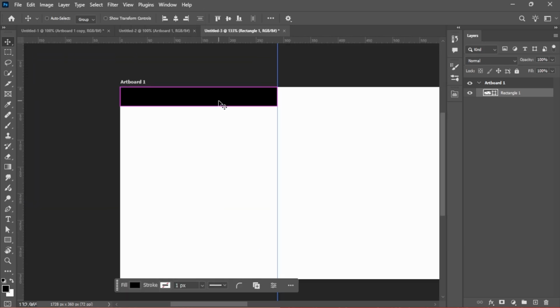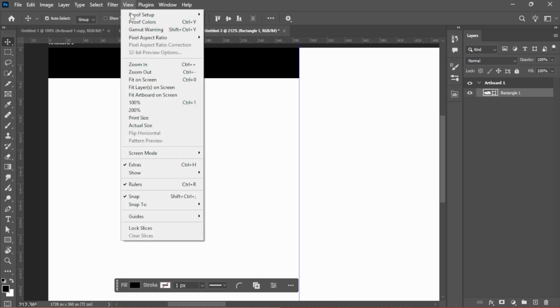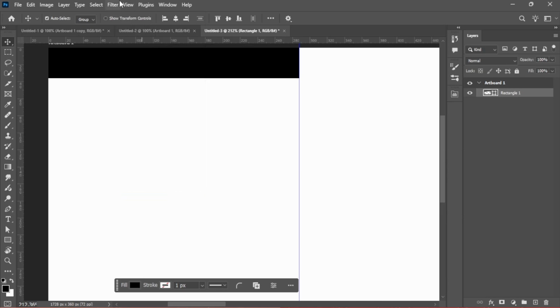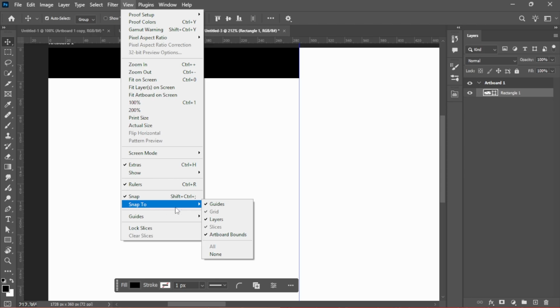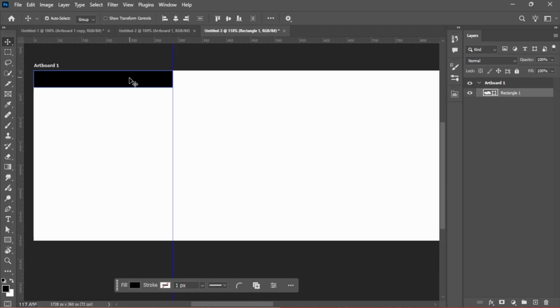And in case you're having issues with snapping, for example, you bring out your guide and then it's not snapping to the edge like this, you just have to come over to View, then make sure Snap is checked. View, Snap, and also come to View, Snap To: Guides, Grid, Layers, Slices, Artboard. Just try to check everything here because you would need as much help as you can from Photoshop to design